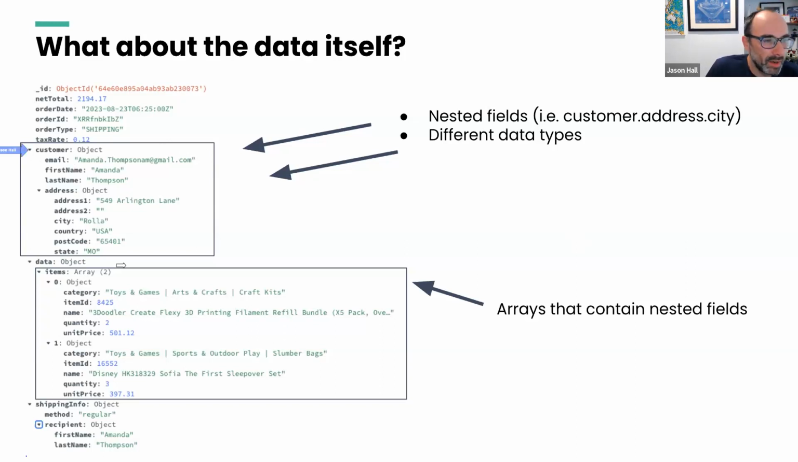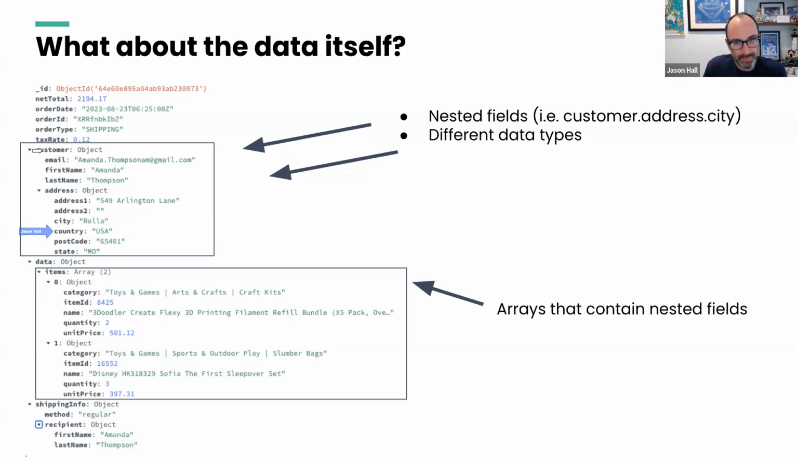This customer field that you see in MongoDB is an object that contains nested fields within it. We've got an email address, first name, last name. We then have a second level of nesting here with an address field that has additional subcomponents, right? So JSON data structures often include many nested fields, sometimes with dozens of levels of nesting, depending on the data